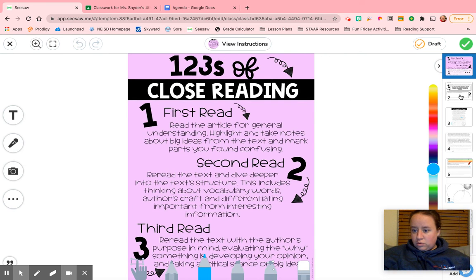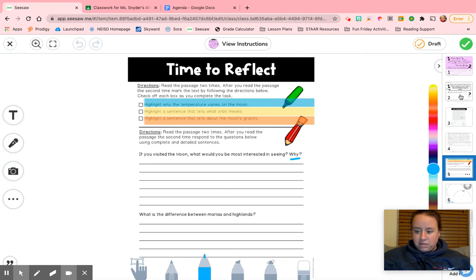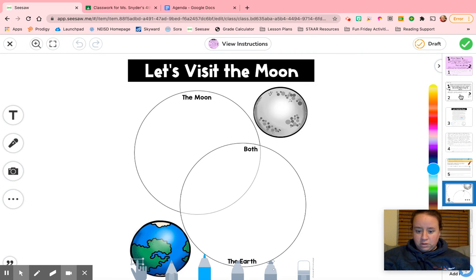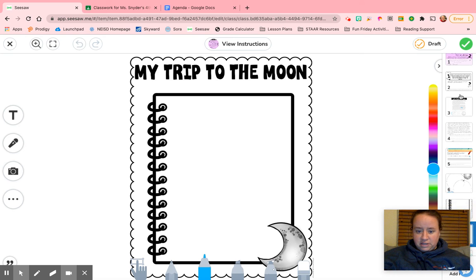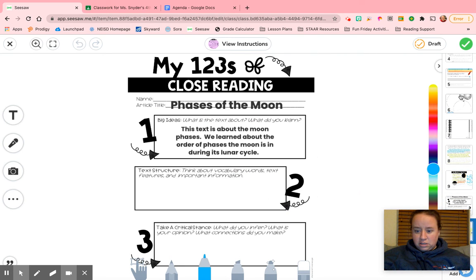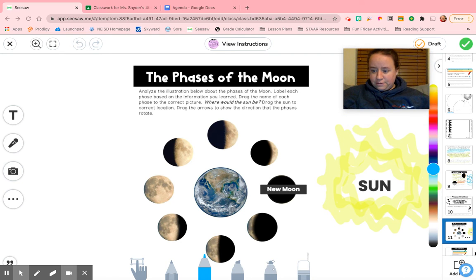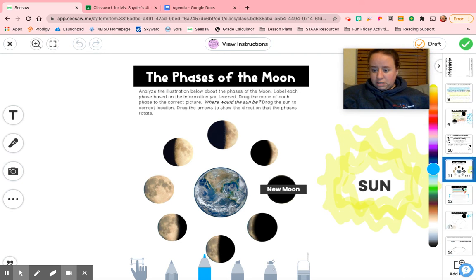All right, so going down, starting at page 5, this is what should be completed. So page 5, page 6, page 7, page, what page am I on? Page 11, page 12,